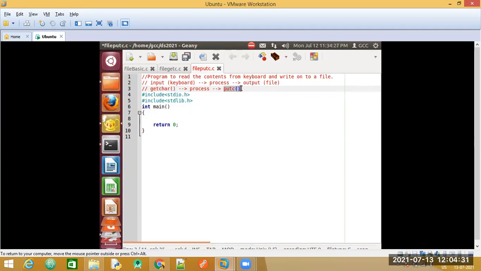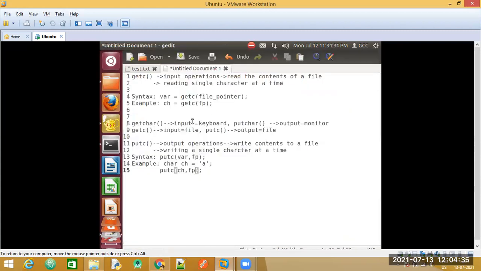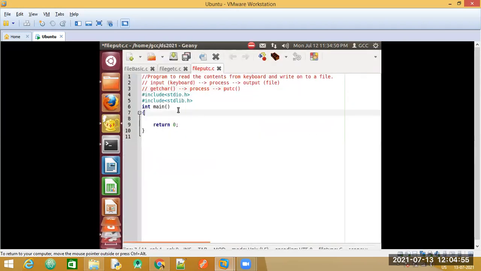So remember again, recall, we have these two functions, getChar and putchar, when it comes to keyboard and monitor, and when we want to pass a file as an input, we make use of getC. When we want the output to be written onto a file, we will make use of putC. So let us go back here.